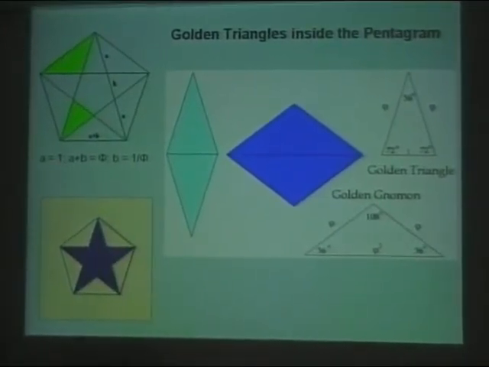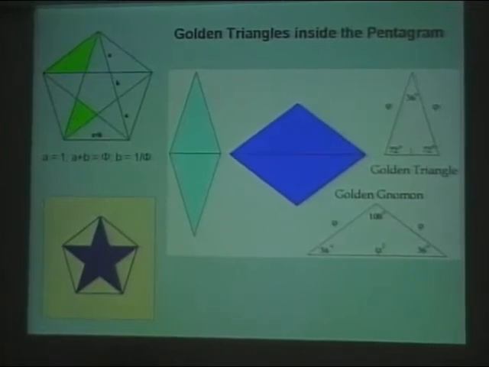And not only do we have triangles in the pentagram here and here, we've also got one here, a big one, right? A big obtuse one. And for that matter, we have right here an acute one. And all of these are golden triangles. The proportions of the sides of the triangle are phi, or the golden ratio.